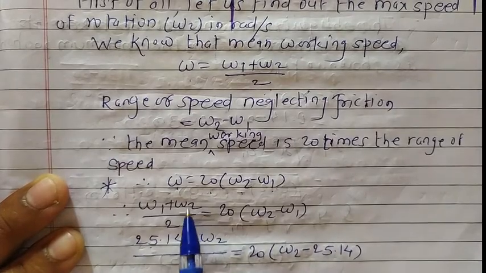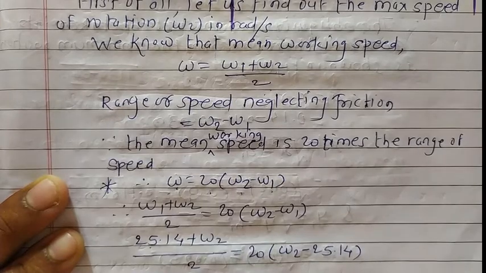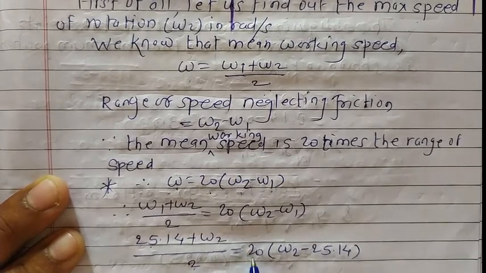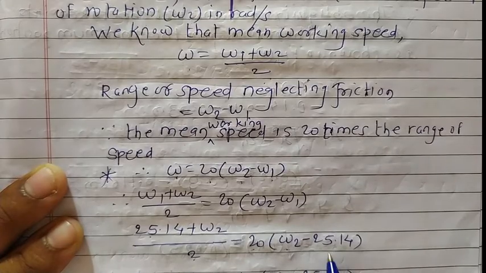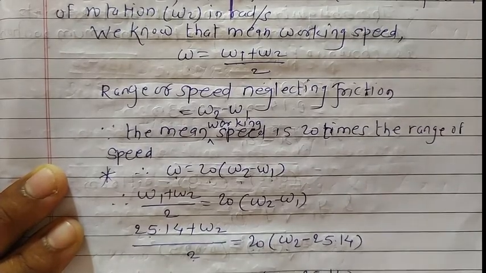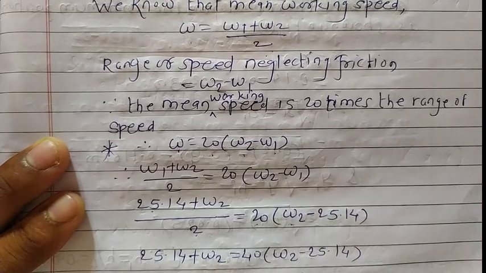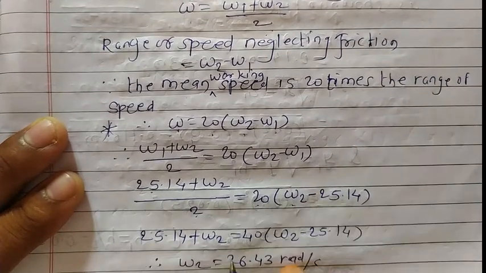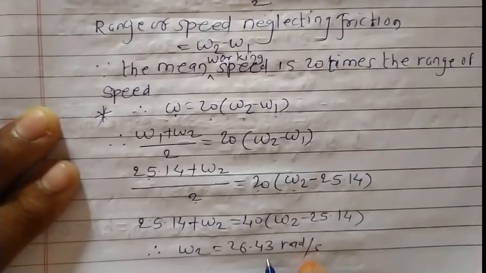Our target is to get the value for omega 2, so keep omega 2 as it is, divided by 2 equals 20 multiplied by omega 2 minus omega 1. Omega 1 is 25.14. Simplifying this, we get omega 2 equals 26.43